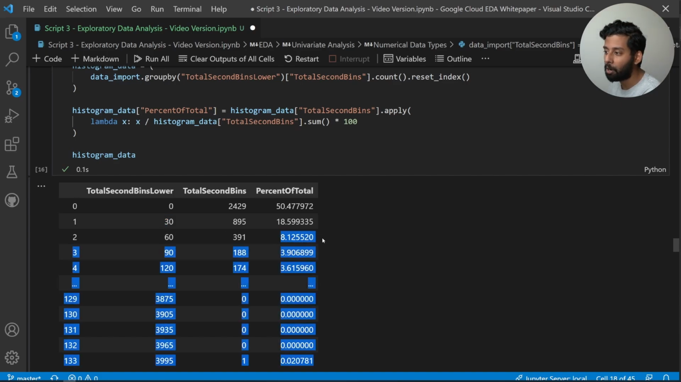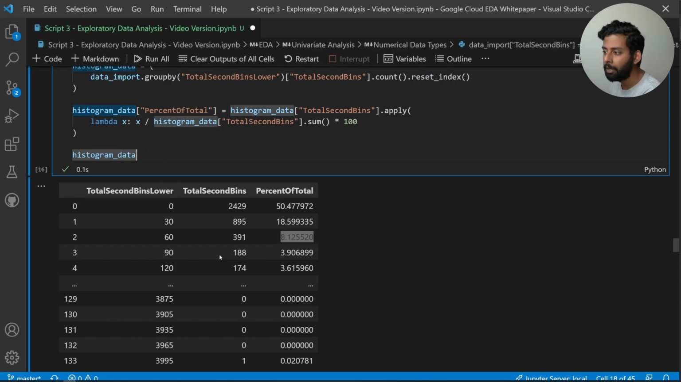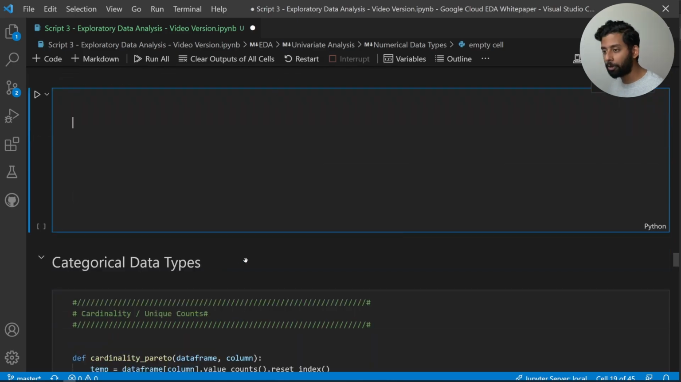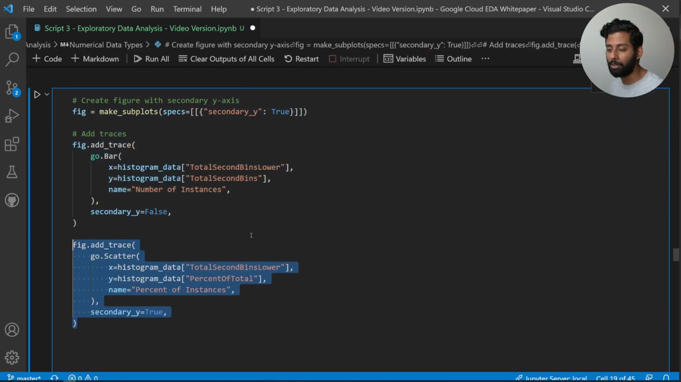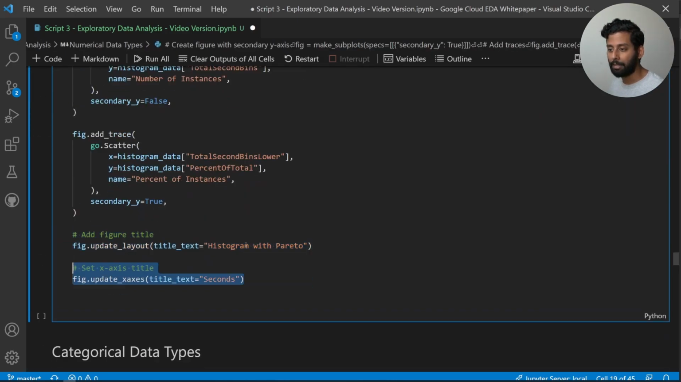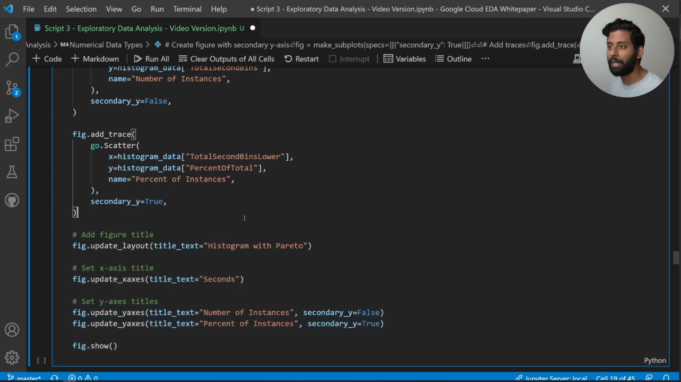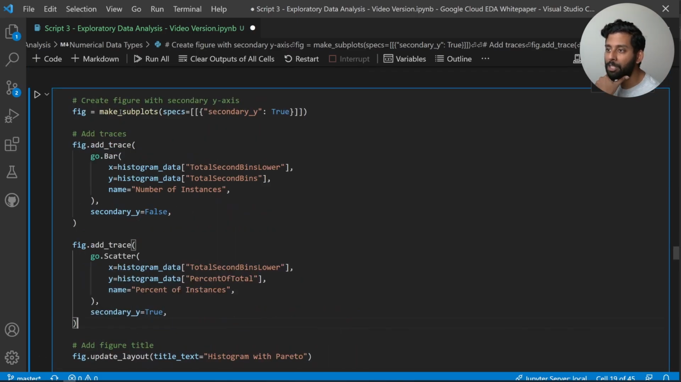And then 8% are from 1 minute to 1.5 minutes. And then we can go ahead and create a really cool chart called a Pareto chart using this. So I'll show you what these things do individually. So first of all, we just go ahead and make some subplots, and then we go ahead and this is